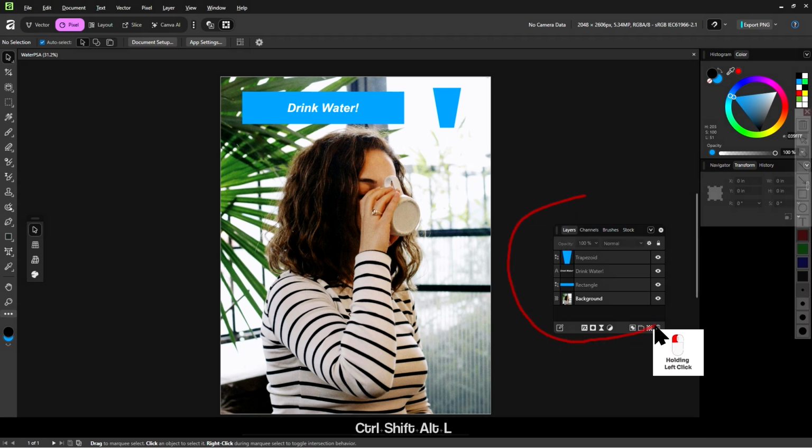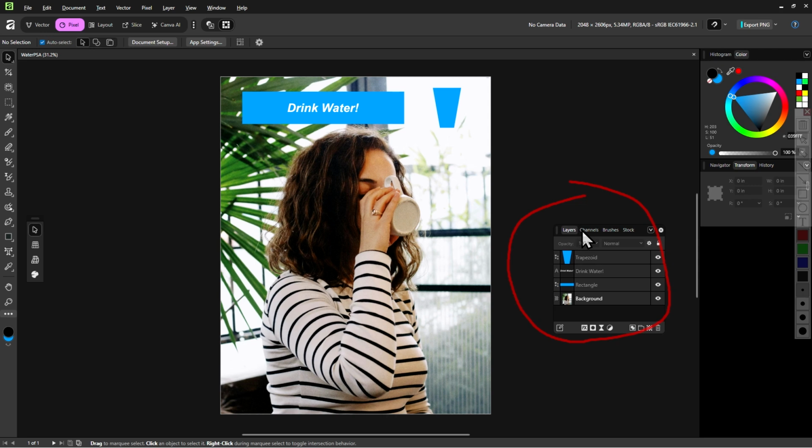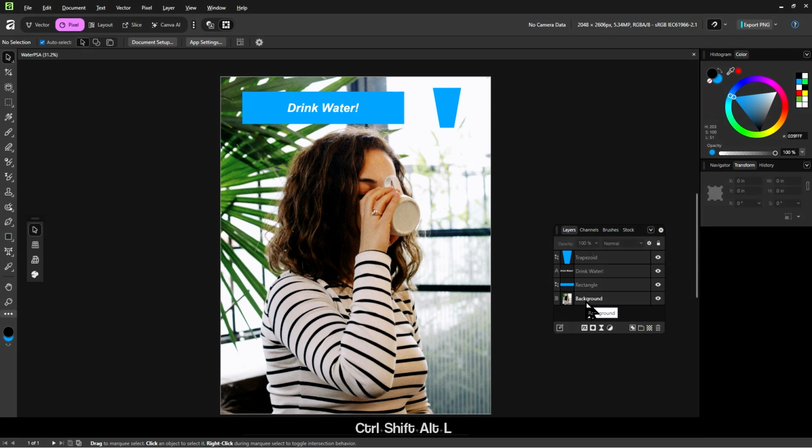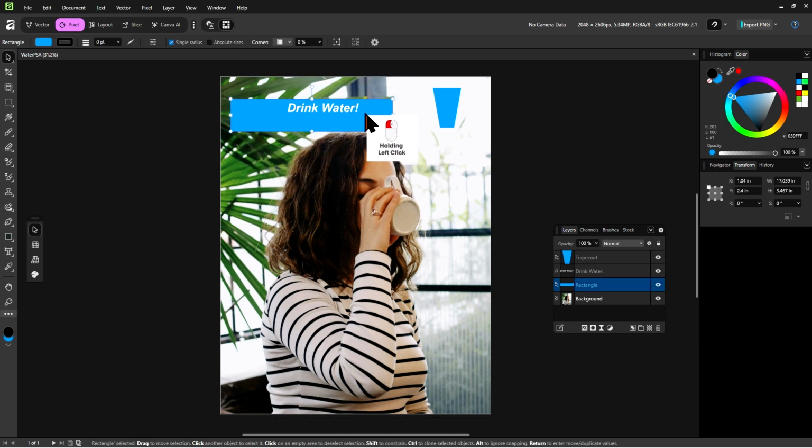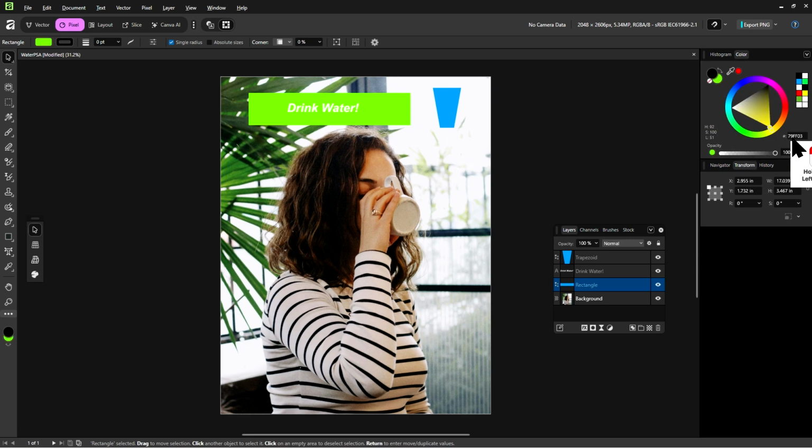the layers panel. Here we have the trapezoid, drink water, rectangle, and the image, and each of them we can still edit, like for example, dragging it around with the move tool or changing its color.